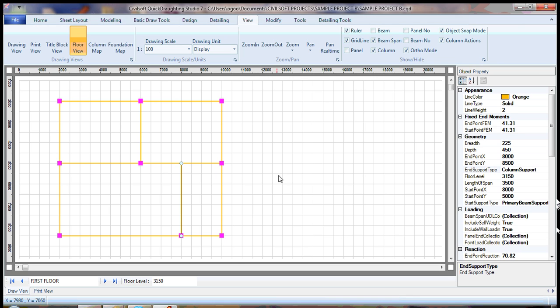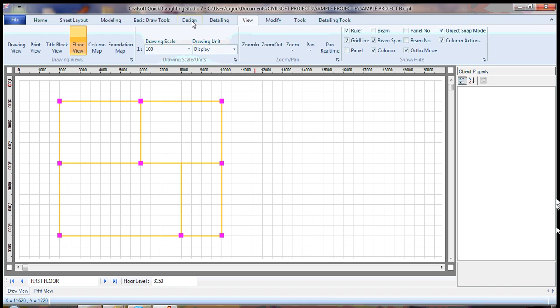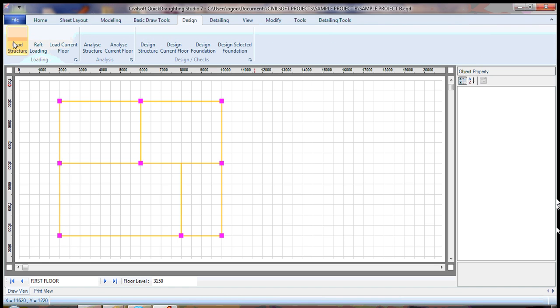So now what happens is this: by the time you click load, analyze, design, if you click load, for instance, automatically when you go over to design and you click load, the software will take into account and dictate the point load and load the structure right away accordingly. And of course, if you click analyze, it will analyze in that order, and you click design, it designs the